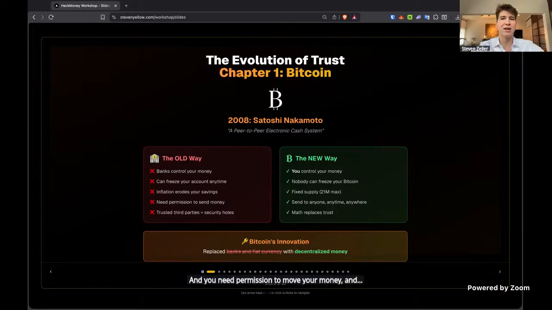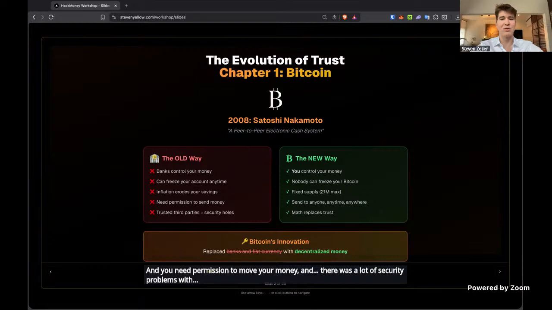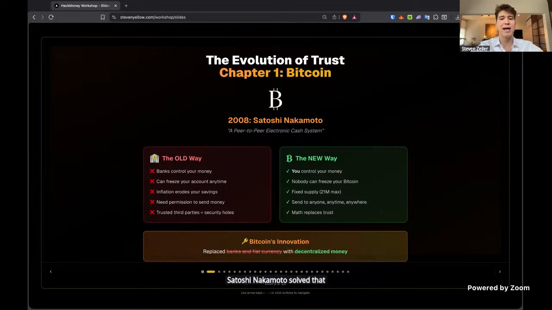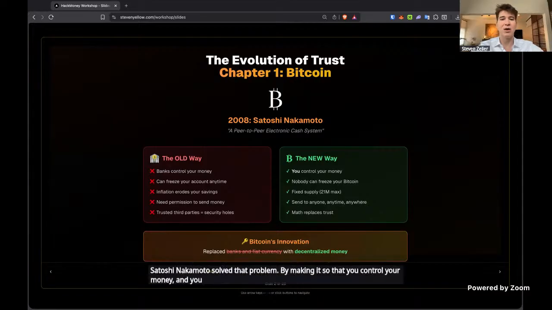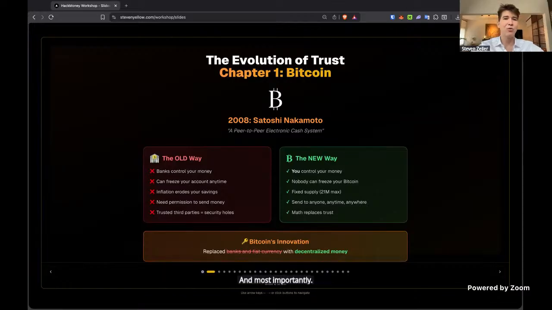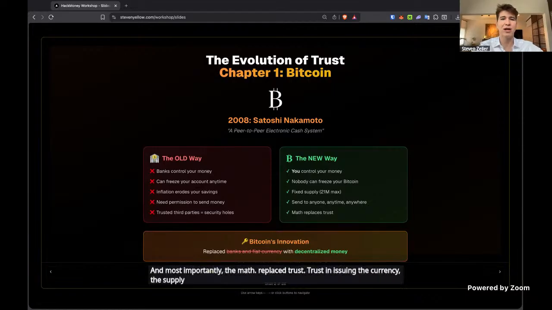There were a lot of security problems with trusting third parties with your money. Satoshi Nakamoto solved that problem by making it so that you control your money and you can send to anyone at any time. Most importantly, the math replaced trust in issuing the currency, the supply, and the transfers.